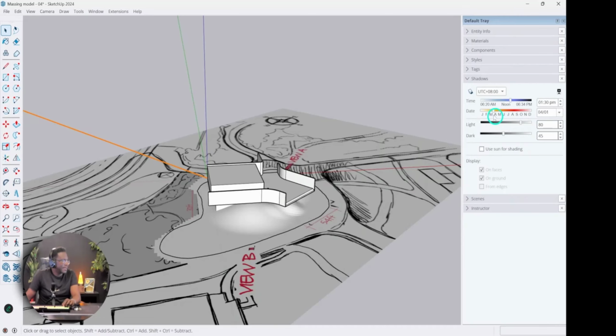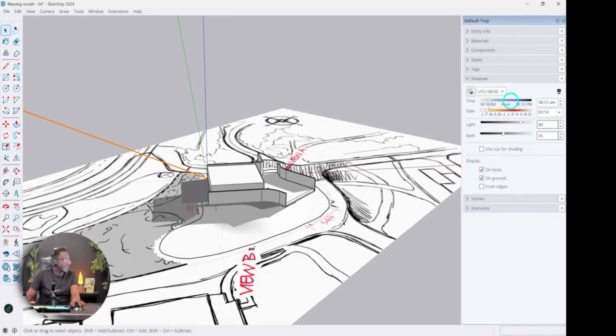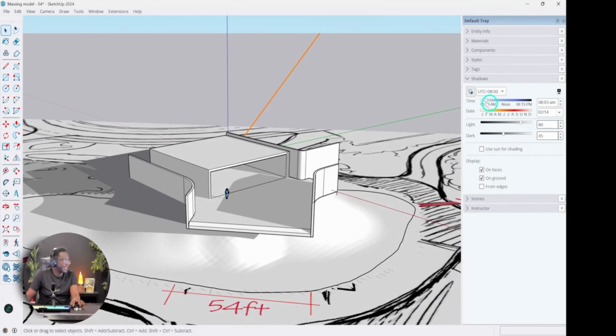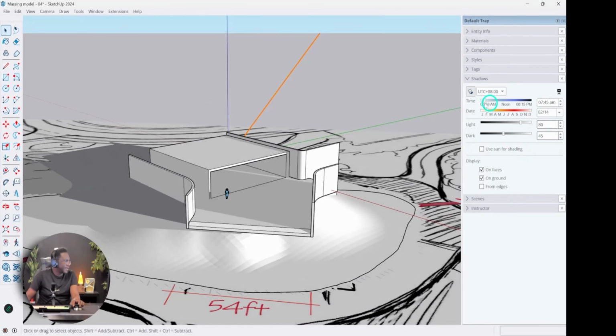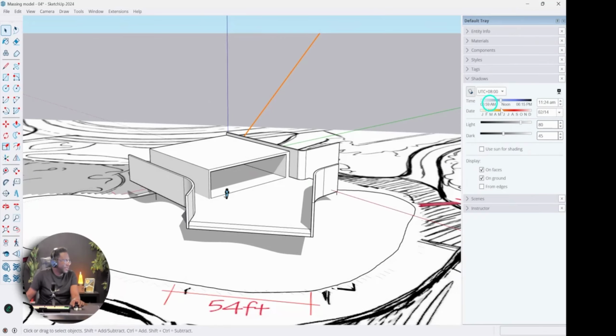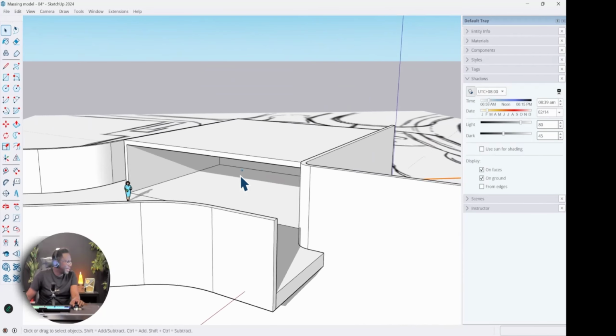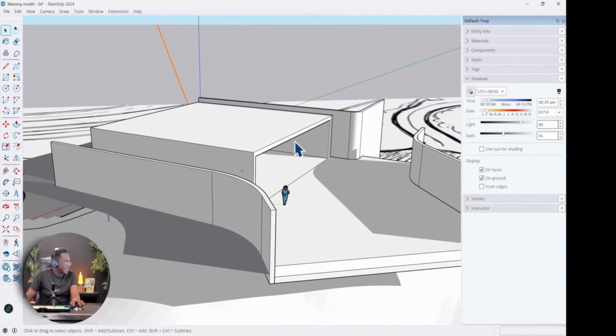And let's say that we want to be about, we can use February. Let's enable shadows. So from our investigation here, we can see that from 7 o'clock going all the way till noon, we pretty much are going to get light coming all the way inside. And whether that's a good thing or bad thing, that depends on the design that you want.